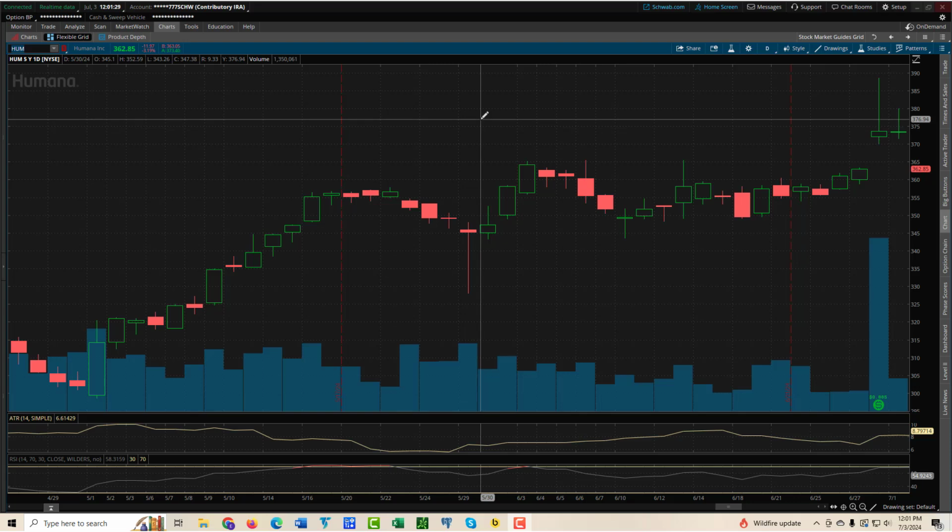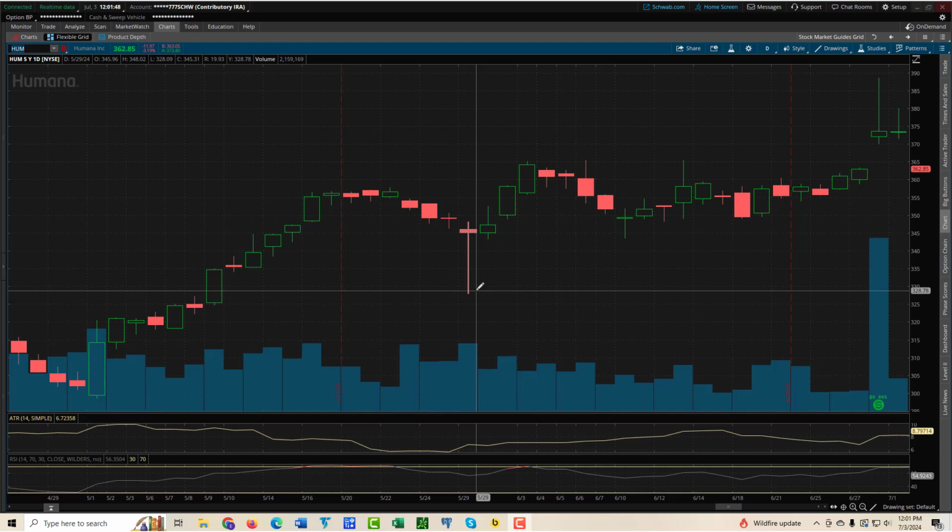So then the question is, what does that tell us? We know that's a hammer candle. We've identified that this stock, Humana, had a hammer candle right there. How can an investor benefit from that? Well, the idea is that if you see a hammer candle, it might indicate that the price could be going up soon. And the idea is that if the price came down and it got rejected with so much force that it shot all the way back up within the same period to where it started from,